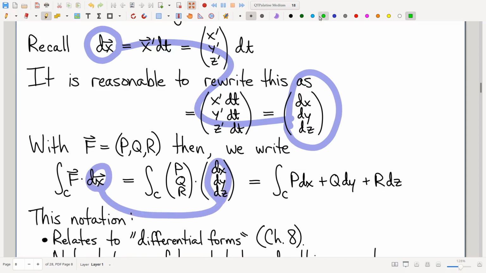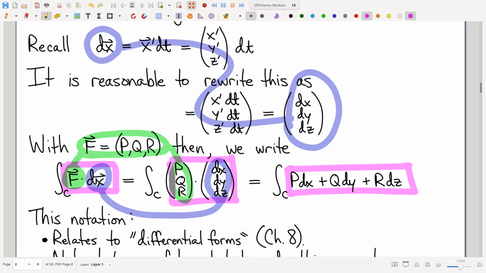The vector field that you are doing a vector line integral of, for whatever reason, fluids or forces, who cares, whatever, any vector line integral you might be looking at, that vector field has coordinates that you can write down. And then you can just take this dot product and dot it on out